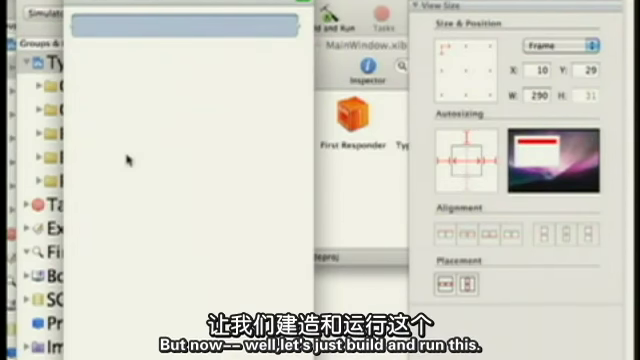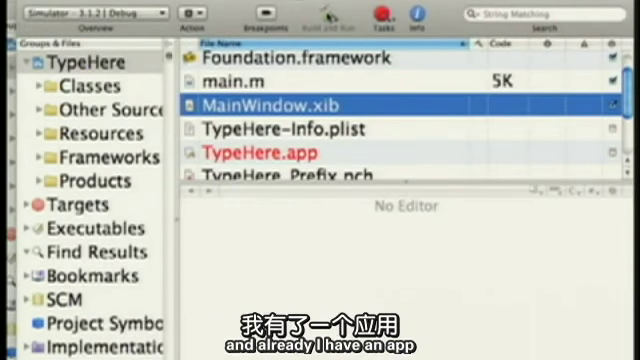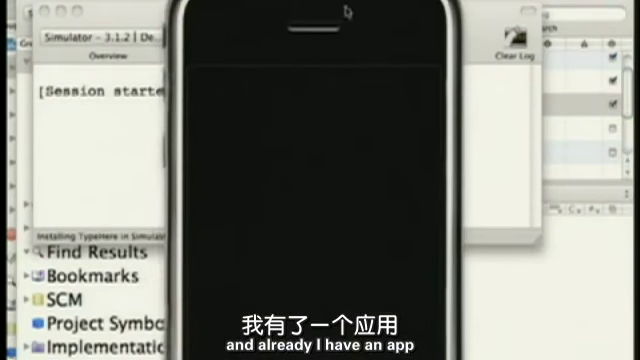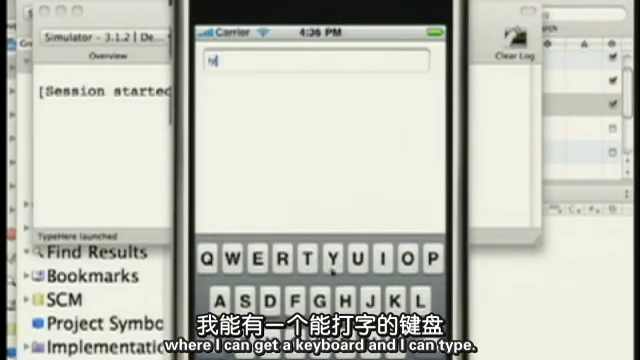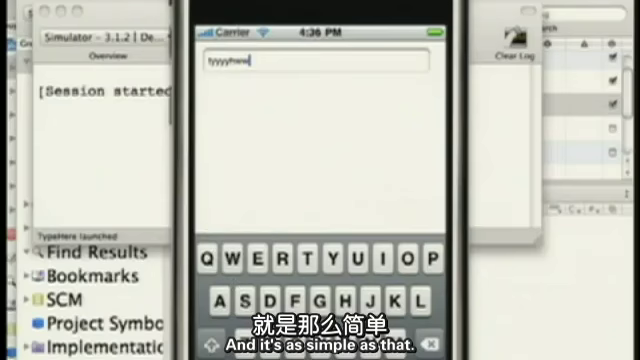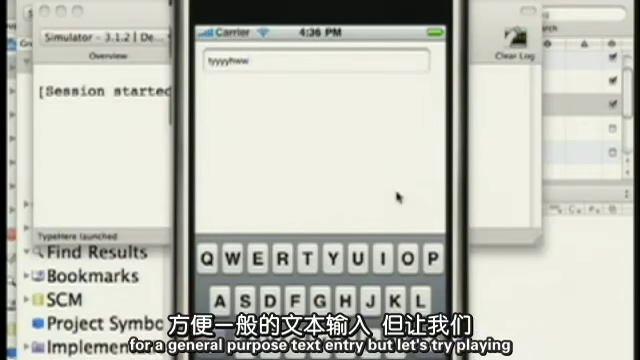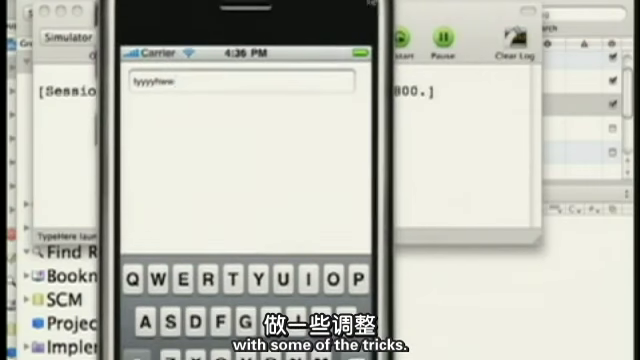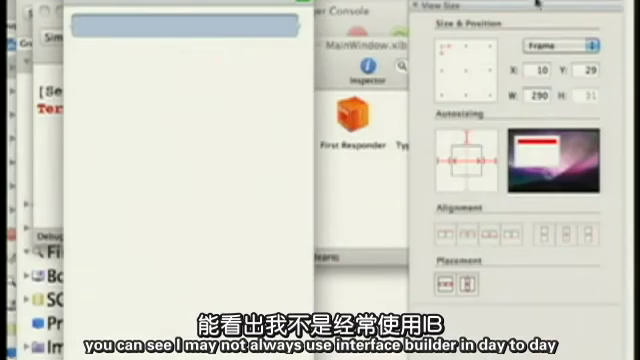But now, well, let's just build and run this. So I've added a text field to my app. Build and run it, and already I have an app where I can get a keyboard and I can type. And it's as simple as that. And notice the keyboard is pretty vanilla, which is great for general purpose text entry, but let's try playing with some of the traits. So going back into Interface Builder,